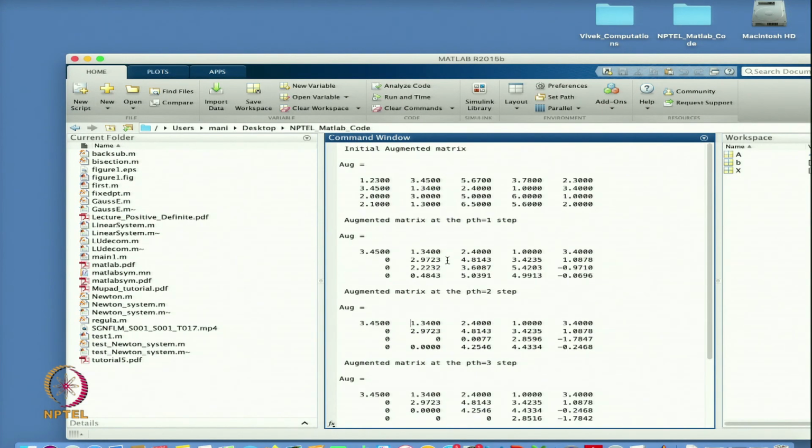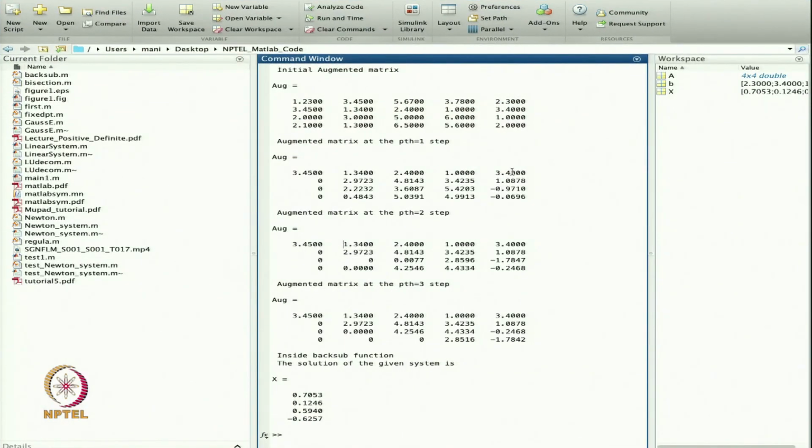It means the matrix is of a non-singular type and we are able to find the solution. So, this is the matrix we are getting, and this is the matrix we started with. After the first step it will reduce to this, the second step will reduce to this form and the third step will reduce to this form. So, this is the upper triangular matrix and that is my solution. So, this is the solution we are going to have.